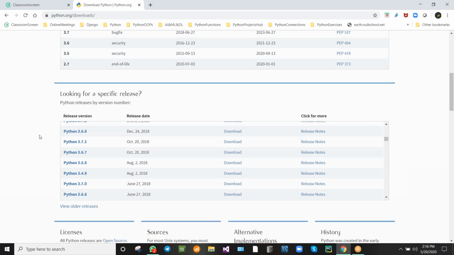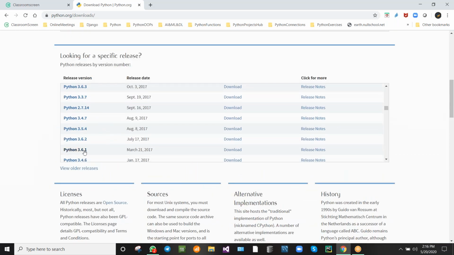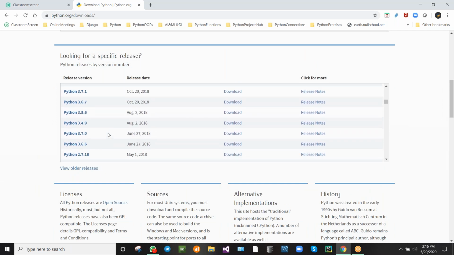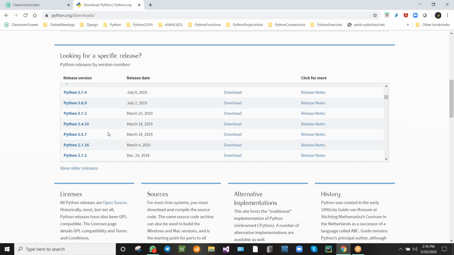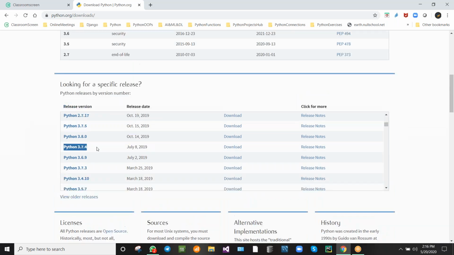I want to make sure, for example, that you have done a project around July 8th, 2019, with this version, and you want to run the same project right now. What are we supposed to do? We need to check the version, that is 3.7.